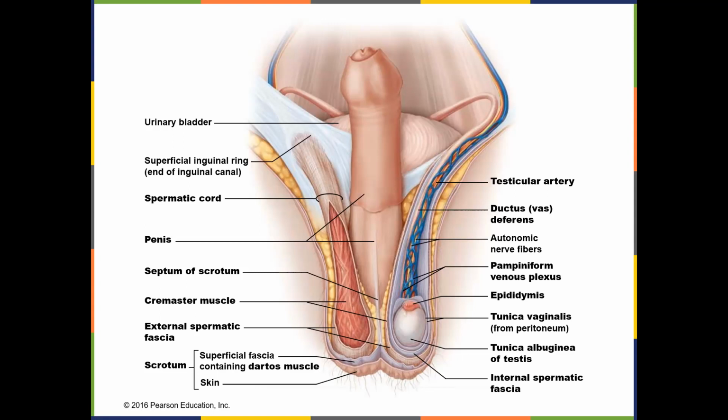It's where the testes descended through early on. Now, it's a weak spot. It's a weak spot in the abdominal wall that can be ruptured, can be torn